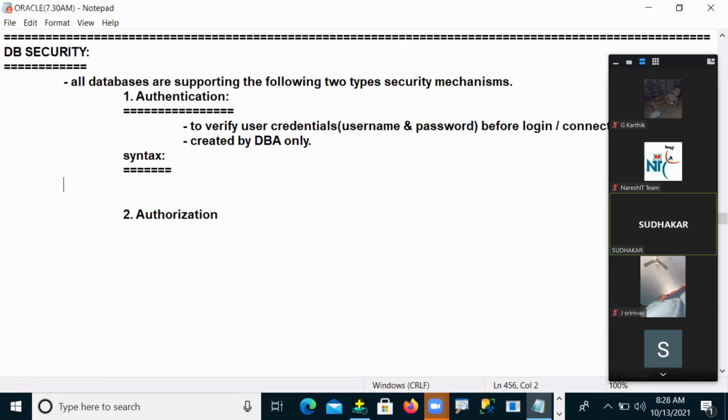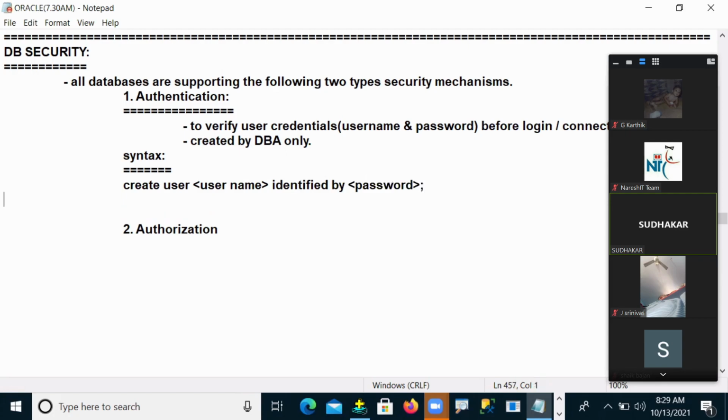CREATE USER, passing the username, IDENTIFIED BY, and then the password. With this syntax, the administrator creates a new user and password. Remember, no person other than the DBA can create them.